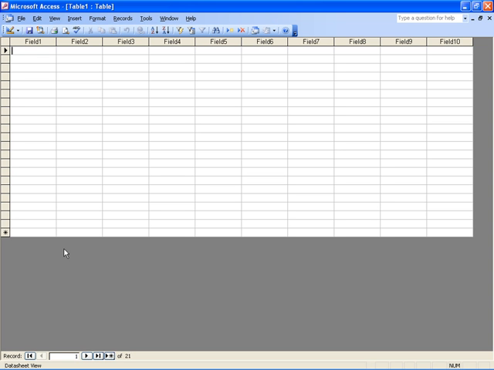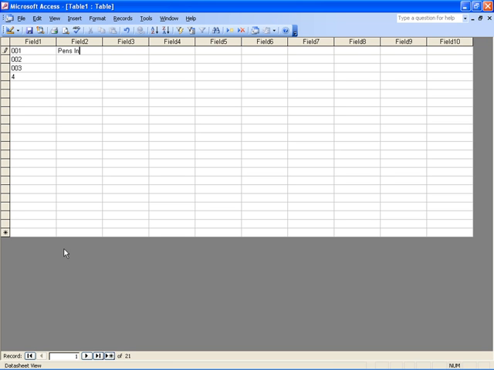And the suppliers table only has 2 fields. We have supplier ID and supplier name. So in the supplier ID, we might start with 1 and 2, 3, etc. And you'll see how it's already picked up that I'm creating a series of numbers, and it's started to continue that series with the value 4. And over here under field 2, I'm going to enter